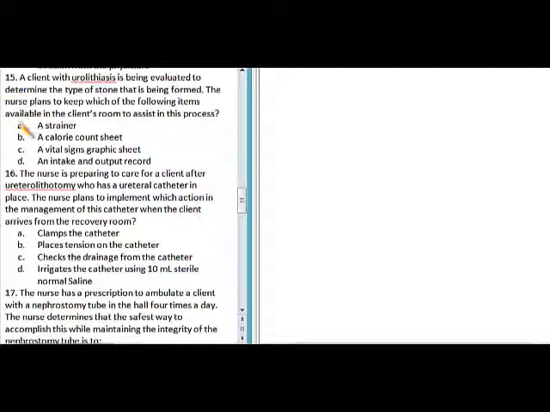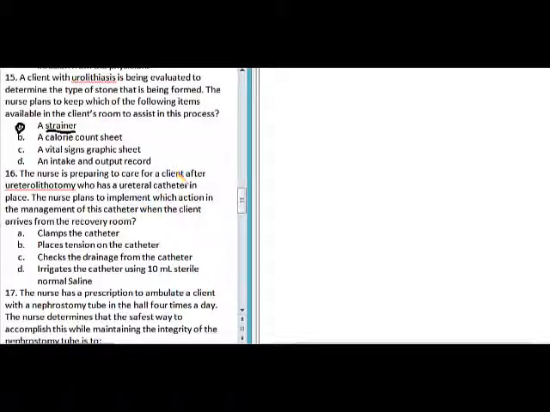If your patient has a kidney stone, the client is asked to strain, and whatever is strained will be sent to the lab, and the lab will test what type of stone is formed, because the type of stone will determine the type of management. Next,